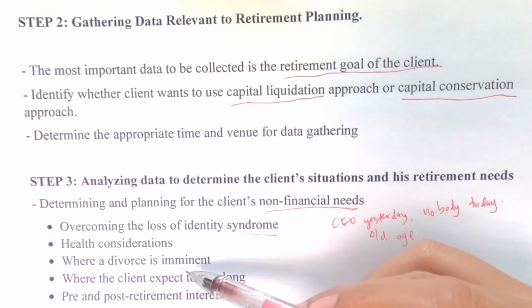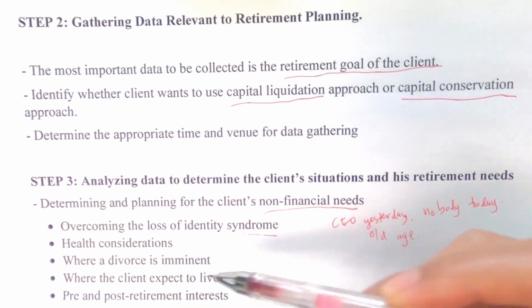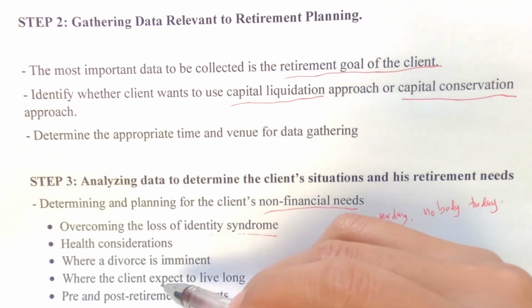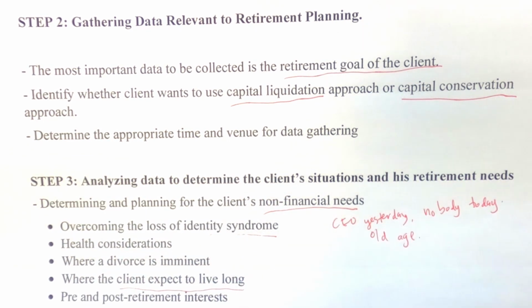The next important point to consider is the relationship between husband and wife. If there is some kind of smell of divorce, this is also something that we need to consider. Other than that, we also need to look at where the client expects to live after retirement, whether it is still in the house in town, or they want to move to a rural area where they want to build a specific house for that purpose,